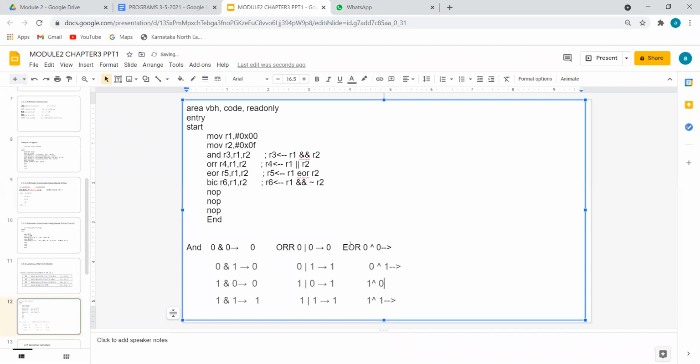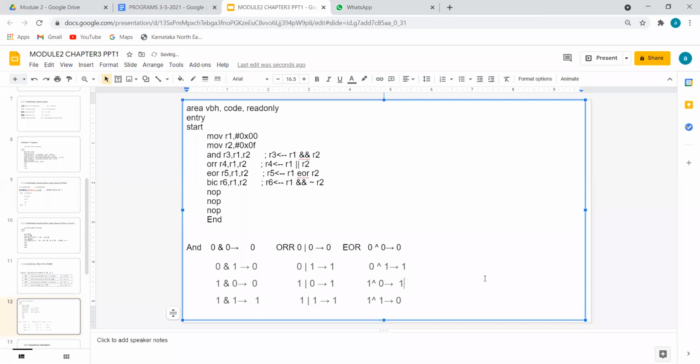See, one simple way to remember is the exclusive OR equation: A bar B plus A B bar. So here A bar means what? 0, sorry, that means 1. 1 into 0 is 0, plus A B bar. So this will be 0. And here also I will write it as 0. So these two I will write as 1.